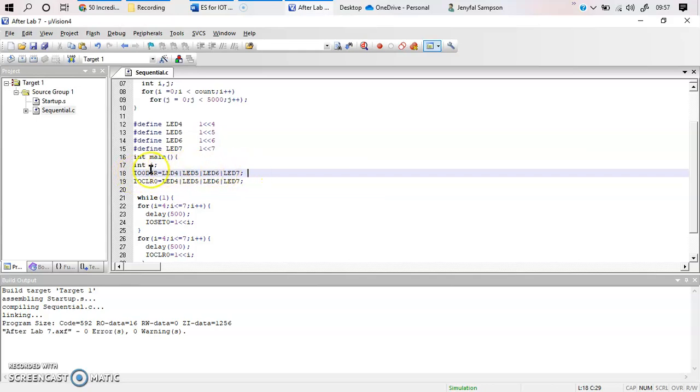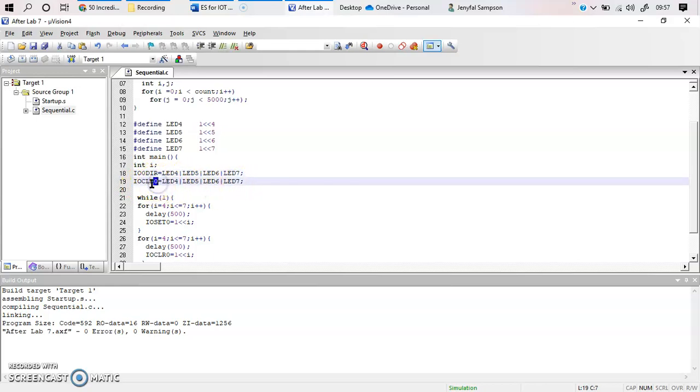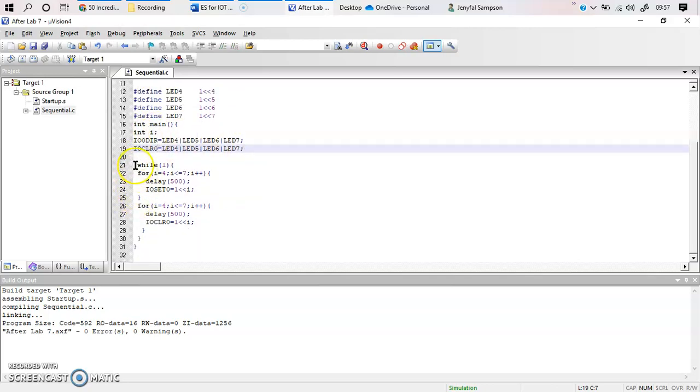After I declare all these pins as output pins, what I need to do next is turn on all the LEDs initially or turn off all the LEDs initially. Turning on and off initially is taken care of by either IO set or IO clear. Here I'm going to be turning off all the LEDs, so I'll be giving IO CLR, which is going to clear all these LEDs, and these LEDs are available in port 0. You need to specify whether it is port 0 or port 1, so that is a 0. These lines are going to be executed only once, and the lines inside the loop are going to be executed repeatedly again and again.